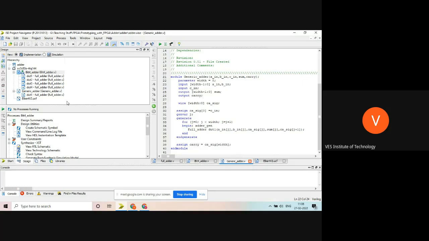Then I will start the latches and flip-flops. Okay, wait a minute.